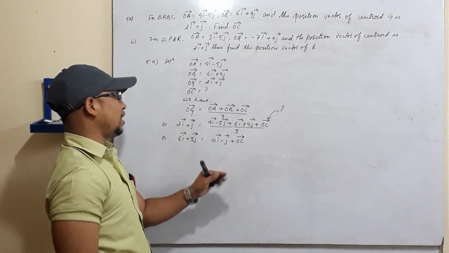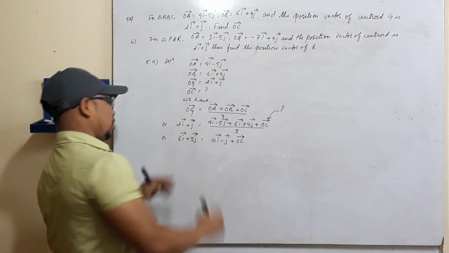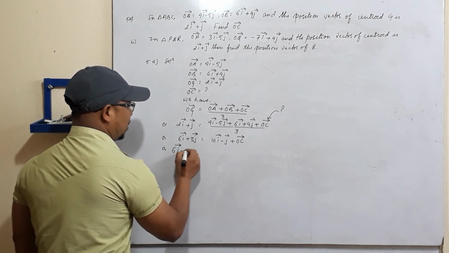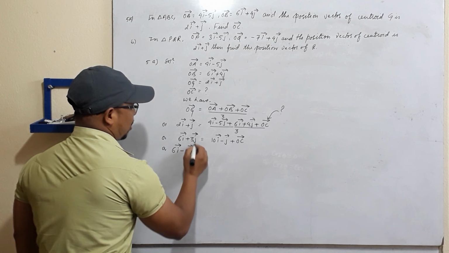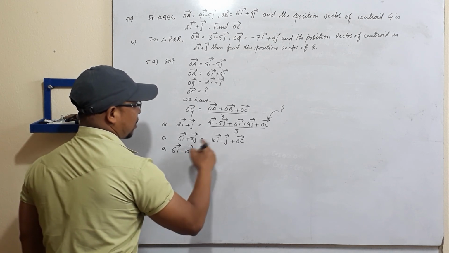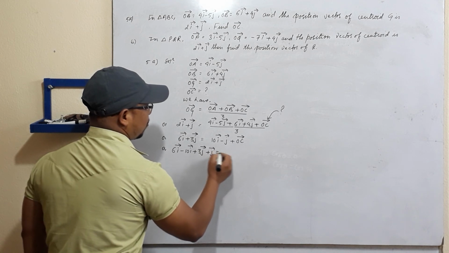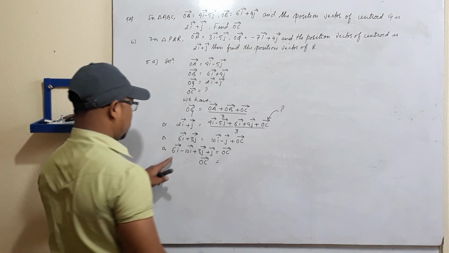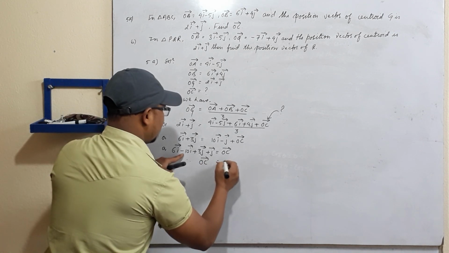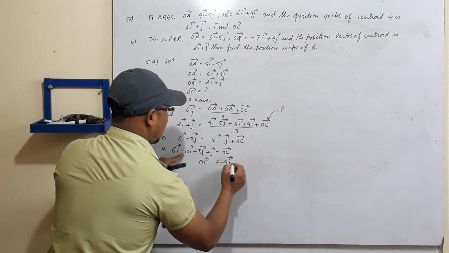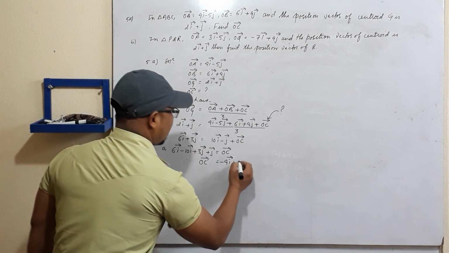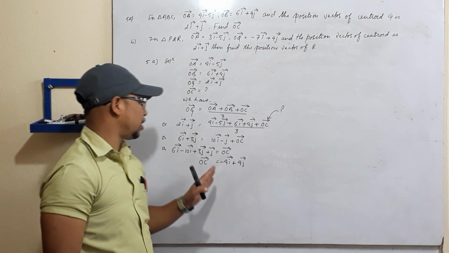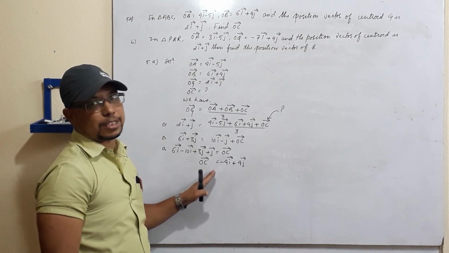Okay, now their like terms are added. Now OC vector you need to find. Now let's transfer these vectors over here. Now this is 6i vector. Let's arrange the terms: 6i vector minus 10i vector, plus 3j vector plus j vector equals OC vector. Therefore finally what you get? OC vector equals 6i minus 10i is minus 4i, plus 3j plus j is 4j. Now this is the required answer. So this is our position vector of C.